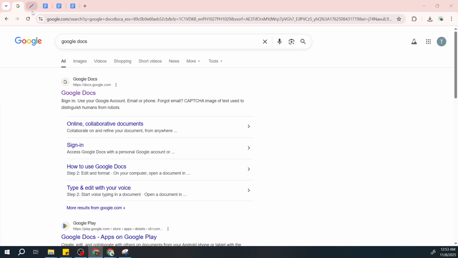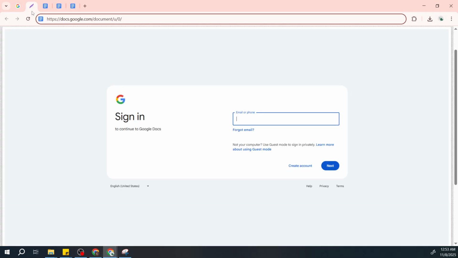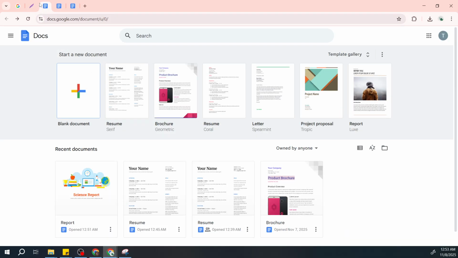The next step is to log into your Google account. If you're already signed in, you'll be automatically redirected to the Google Docs homepage. If not, be sure to enter your login credentials. Having access to your Google account is essential since it allows you to create, edit, and store your documents online